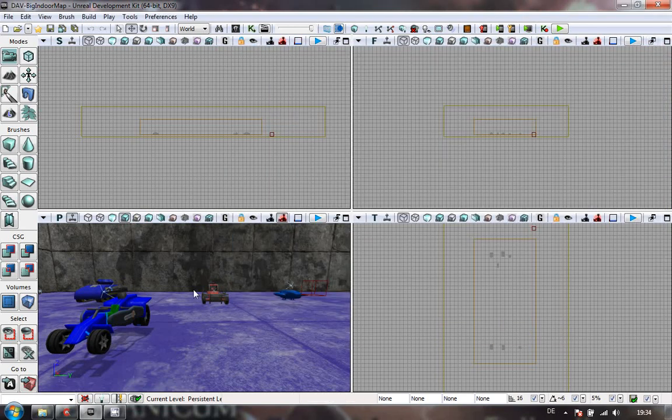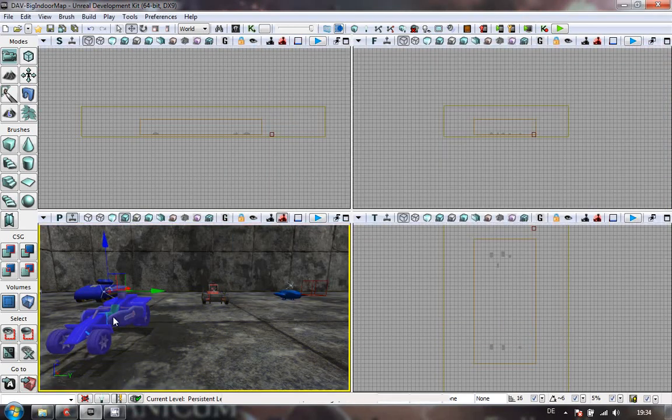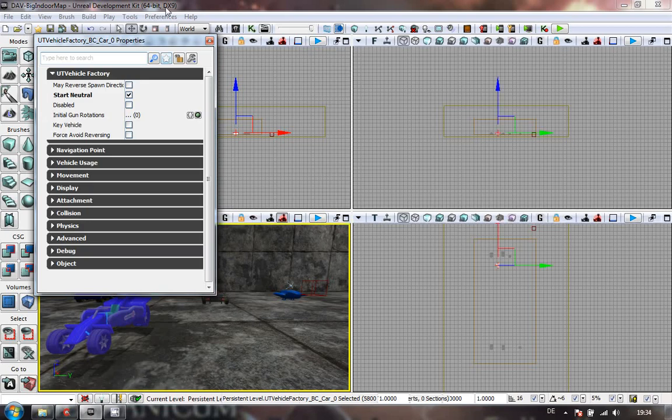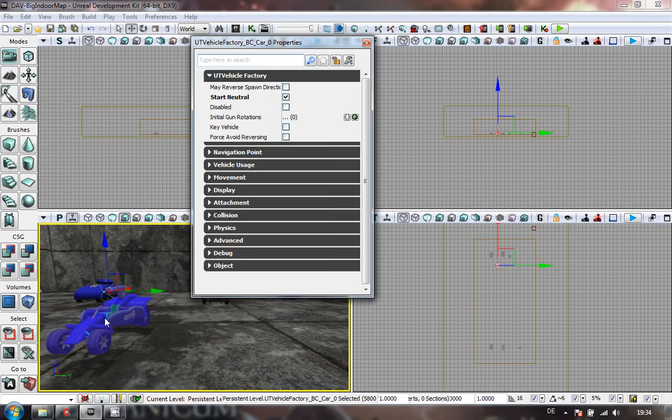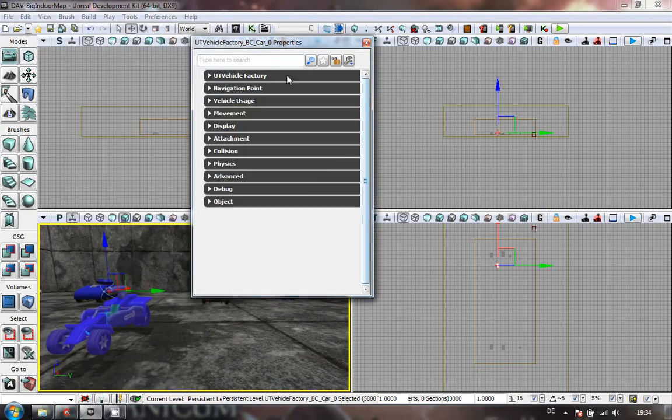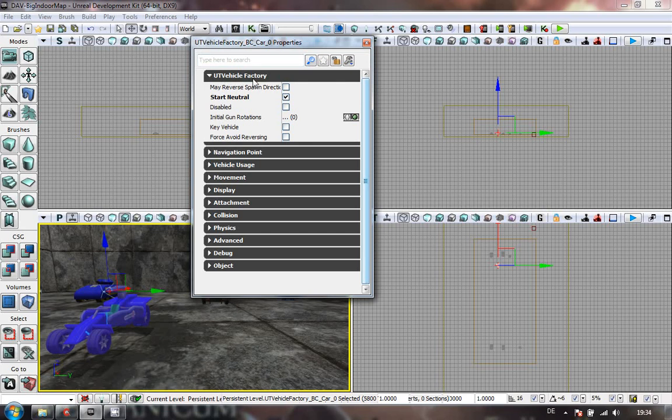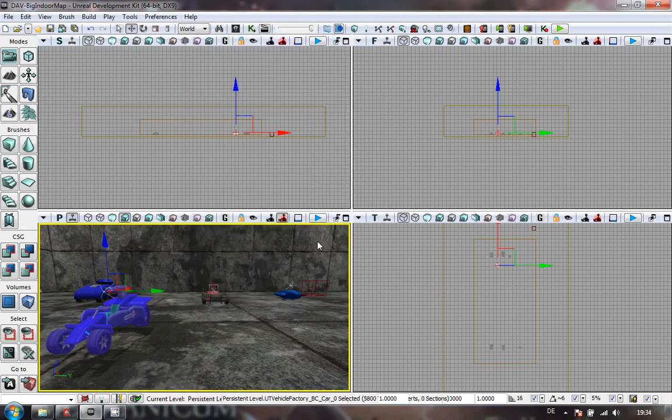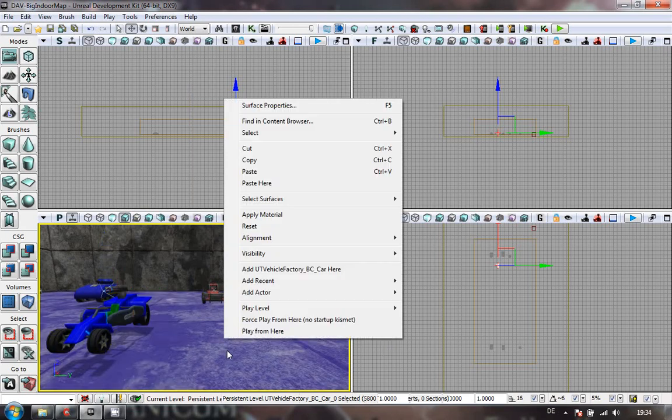Are we there yet? No, because due to things in the UT code, now what you want to do is either double click on the factory's mesh, or highlight your factory and go to view actor properties, and you get this. Now you open up your UTVehicleFactory and put a tick in start neutral, because at the moment I've got a team game here. And shall we see what it looks like? Just right click in here and then play from here,